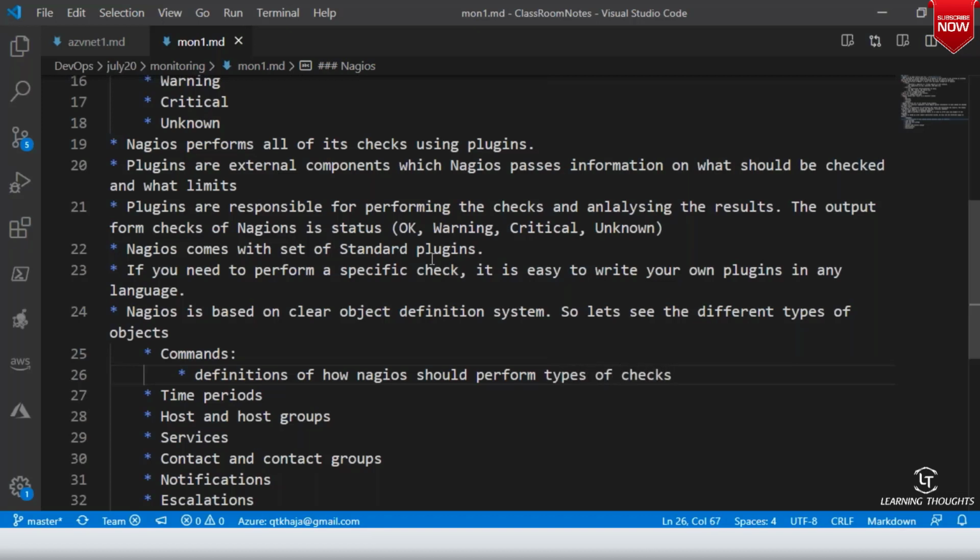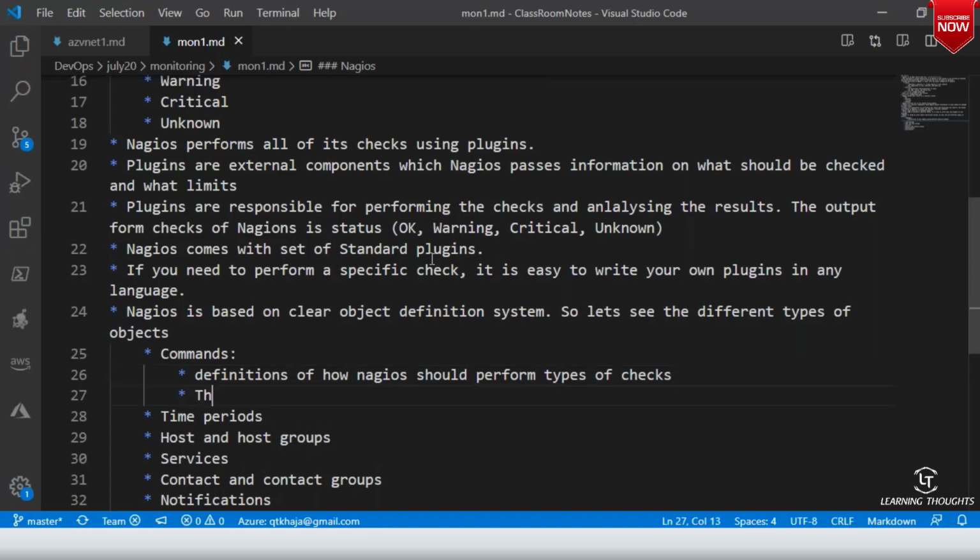If you remember, I said that in Nagios, checks are done by plugins, but we don't directly speak with plugins. We write something called commands. They are an abstraction layer on top of the actual plugins that perform the checks.